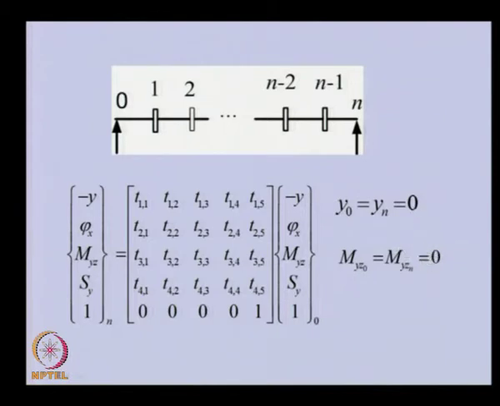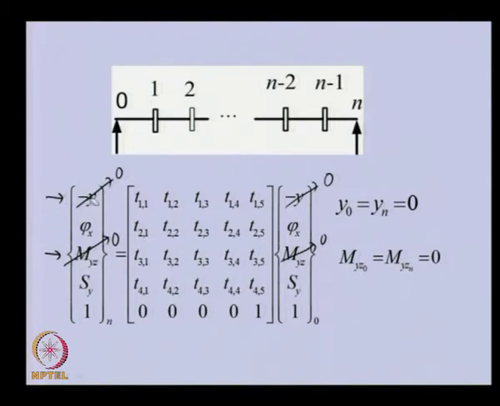So, these are the boundary conditions of the system, so we can apply them. This is 0 here, this is 0, the bending moment is 0 at both ends. Now, you can see that we can take out the first row and third row, because on the left-hand side, which is a vector, we have 0 values in these entries.